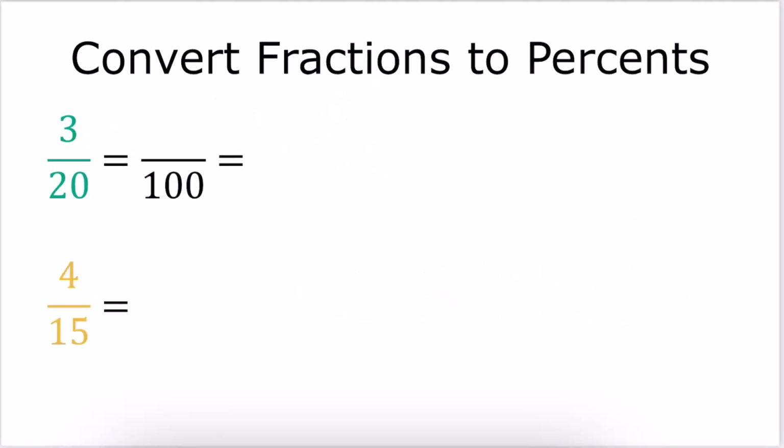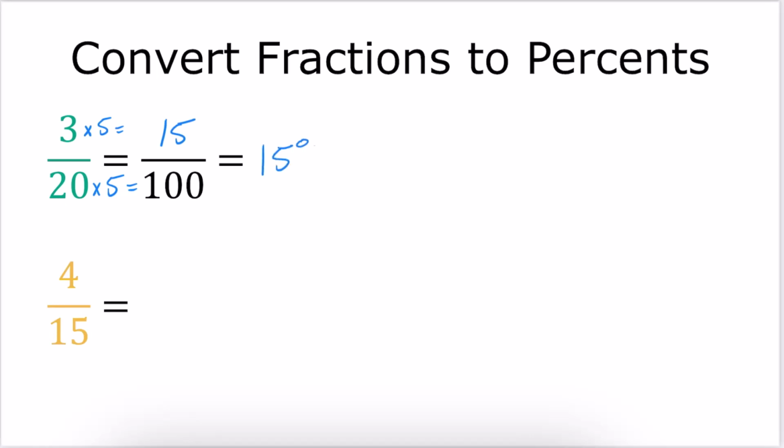When you're converting fractions to percents, you can do it in 2 ways. And it really just depends on what the denominator of the fraction is. If the denominator of the fraction is something that's really easy to multiply by to get 100, like 20, for example, then you can just use the equivalent fractions model and say, well, I know 20 times 5 equals 100. So if I do 3 times 5,